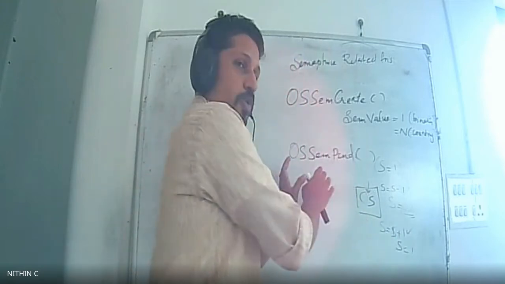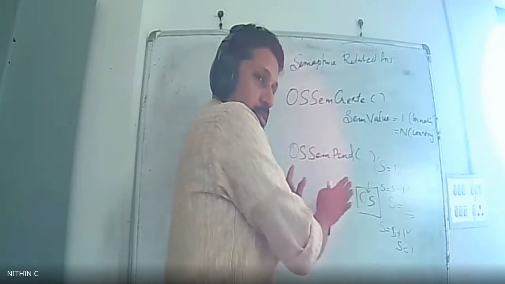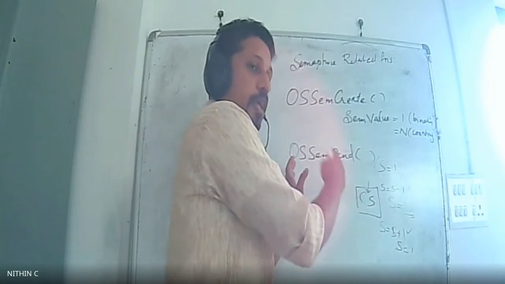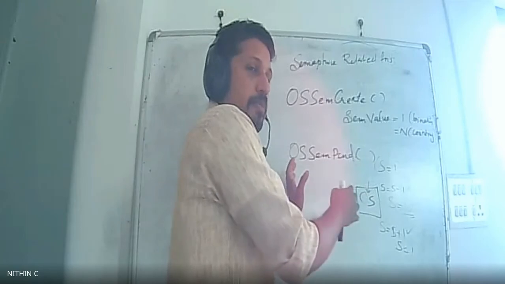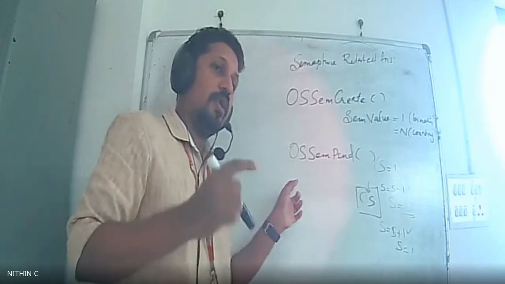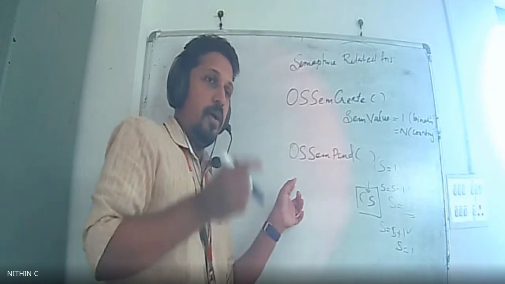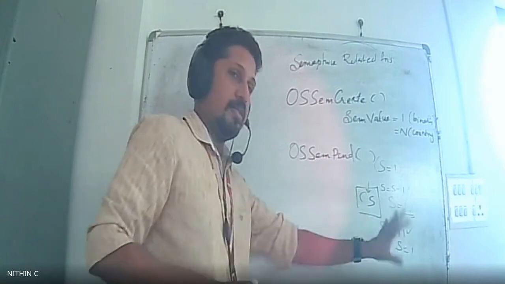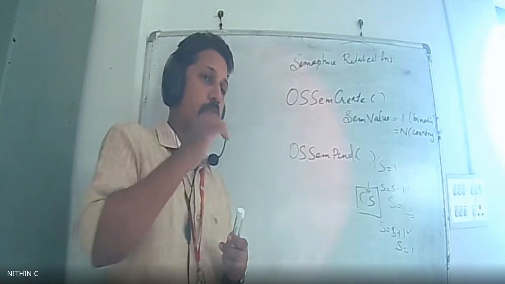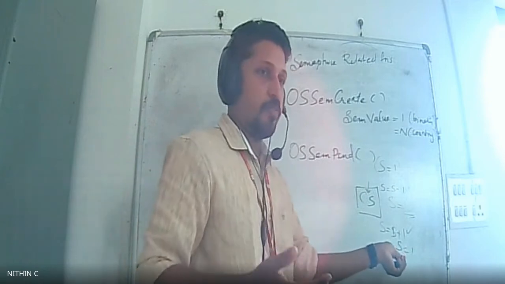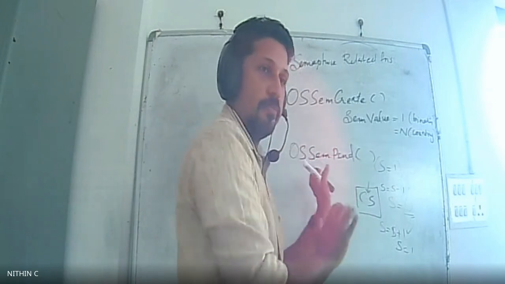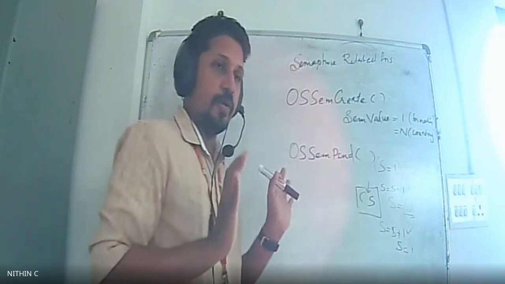So what is this function used for? This function will be used in a particular process or task, for letting that task run when the semaphore value is released. That is, when the semaphore value is greater than 0. When the value is non-zero, it will be 1 in the case of a binary semaphore. When it becomes 1, the pending task can access the critical section or resource, whatever it be.